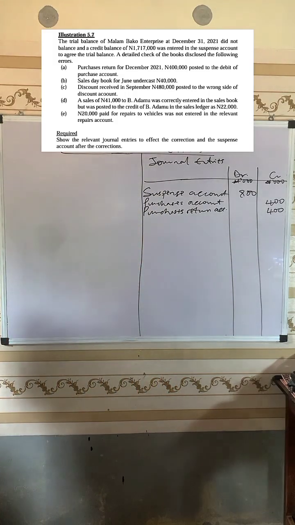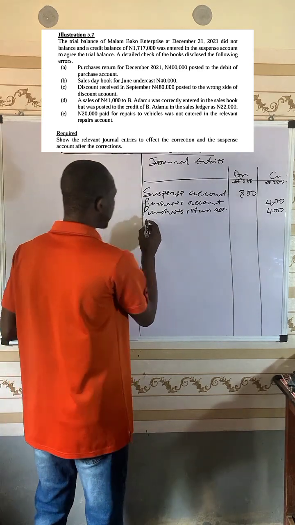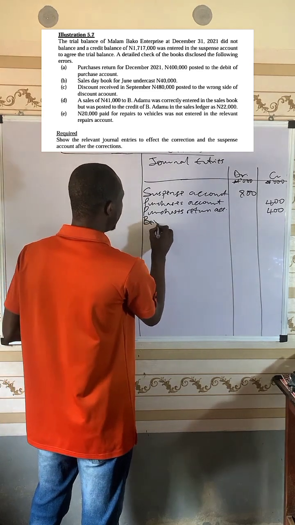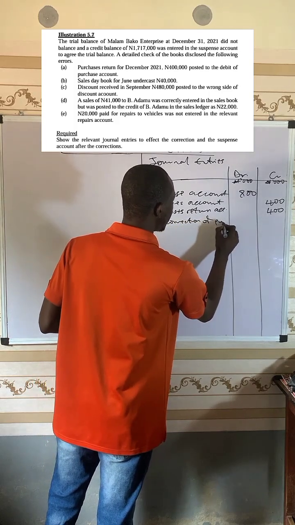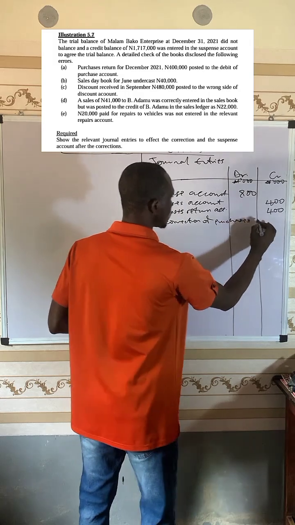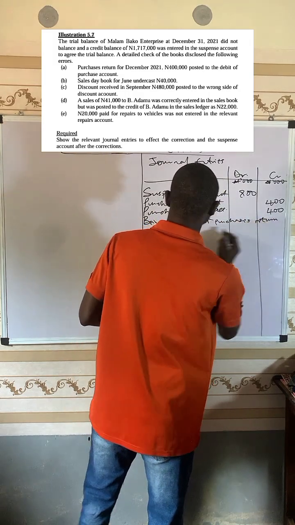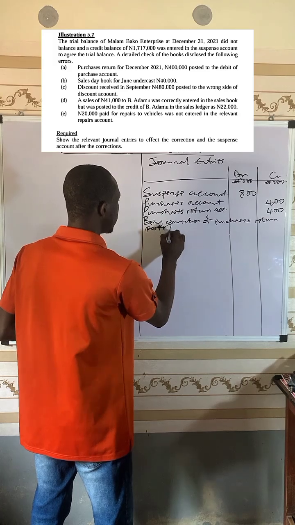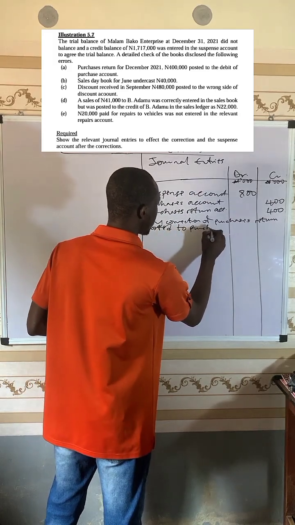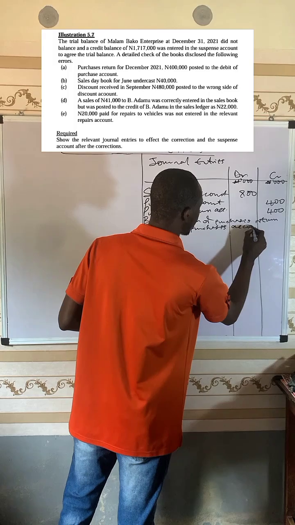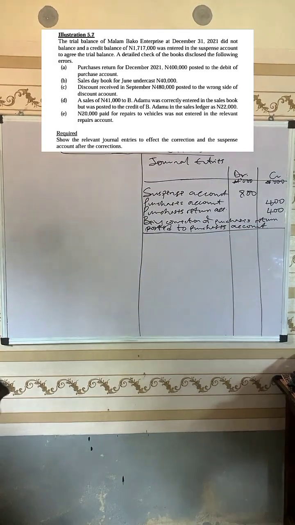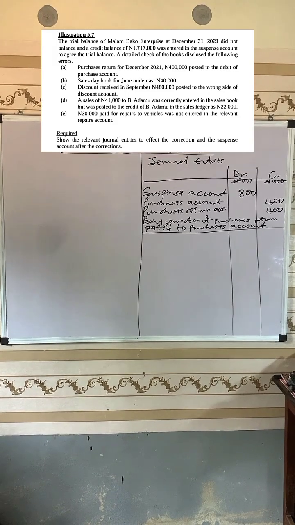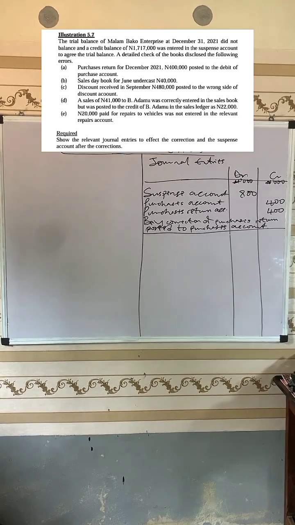So whenever you are solving a question on journal, you have to summarize the transaction. So this will now be: being correction of purchases return posted to purchases account. Then you underline it. The next line: sales day book for June undercast